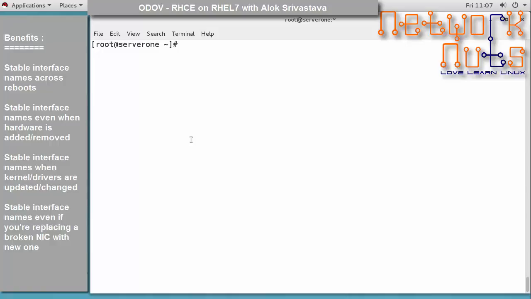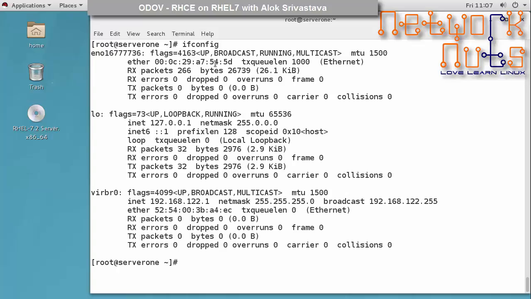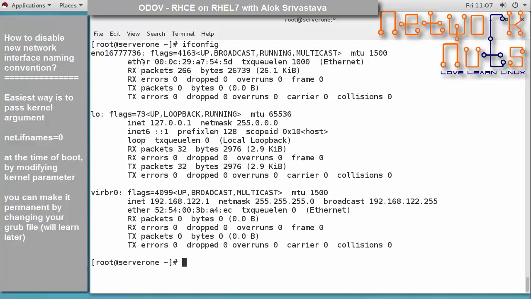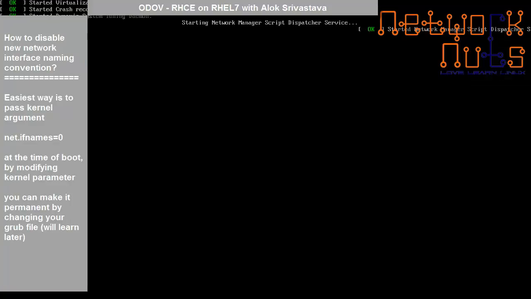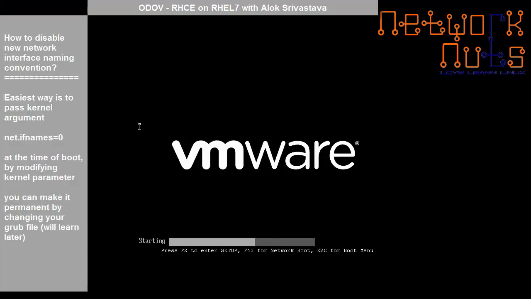That's good. Again, it's not a part of your courseware, but I'll just explain it to you. In case you want to disable it, the easiest way is to pass a kernel parameter and disable it. I'll just show it to you. If I do an ifconfig here, you'll see it's coming up with the persistent naming convention. So I just reboot this machine, server 1, and wait. While starting up here, I press